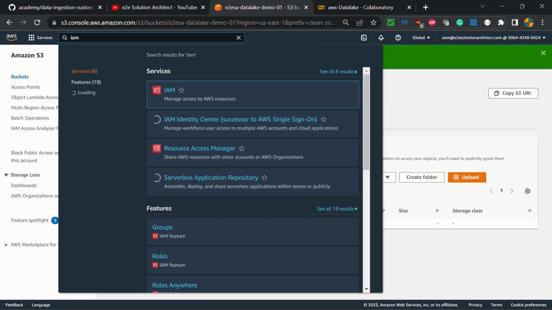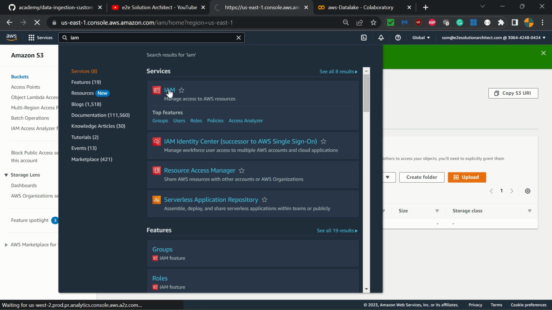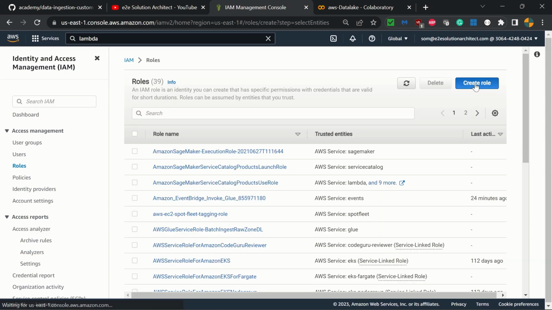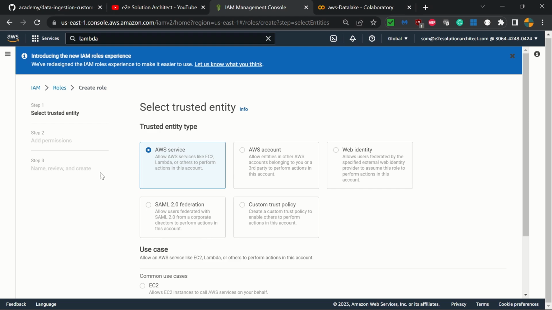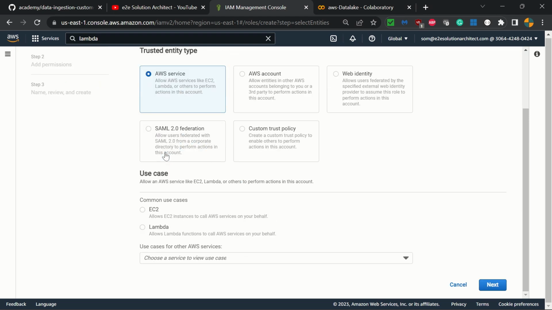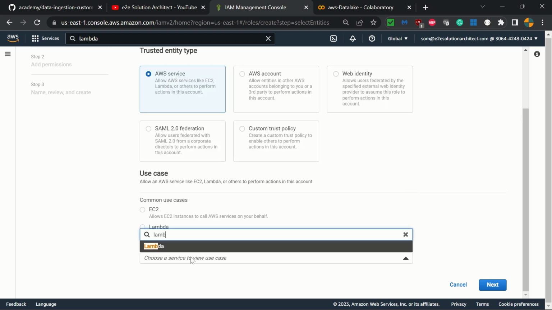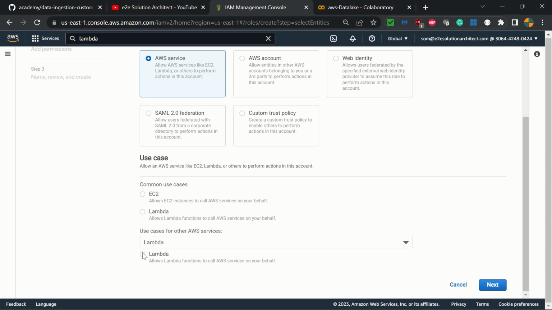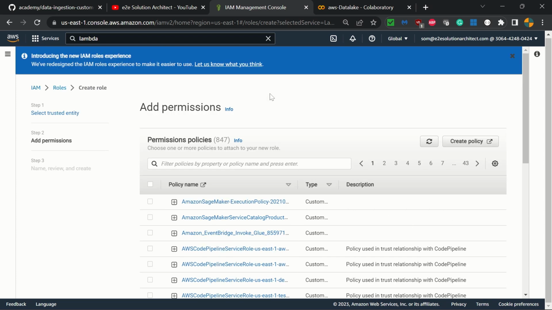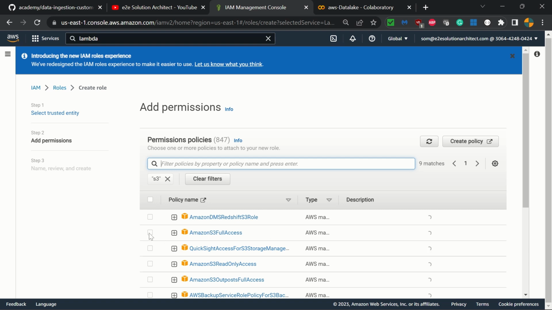Let's search for IAM. Click on create role. Select AWS service. Search here for Lambda. Select Lambda. Select next. Well, now it is asking for add permissions. Since the Lambda will connect to S3, I am just searching for S3 and adding Amazon S3